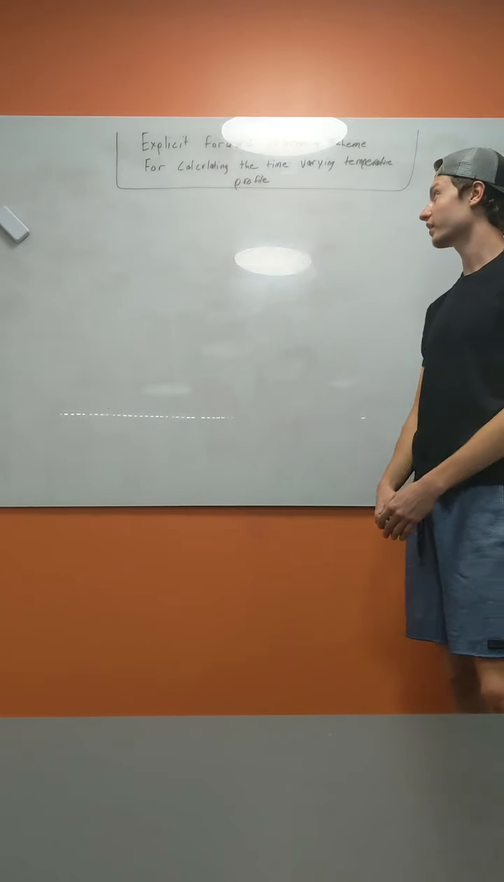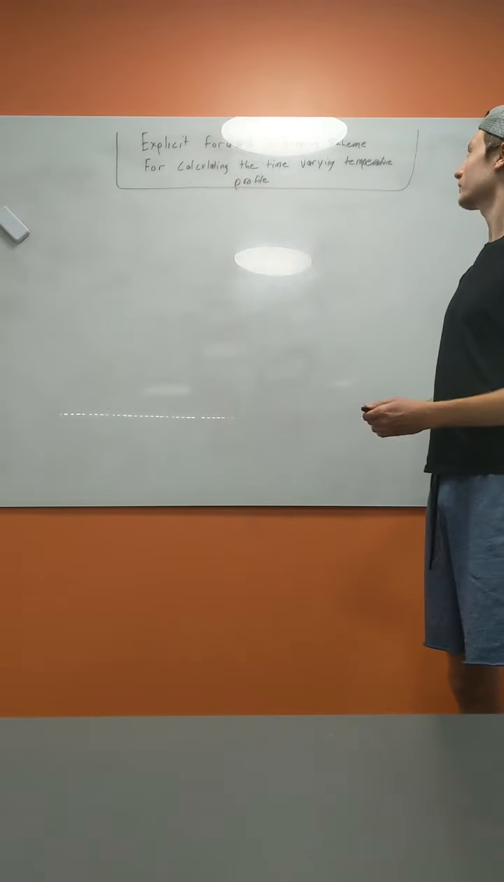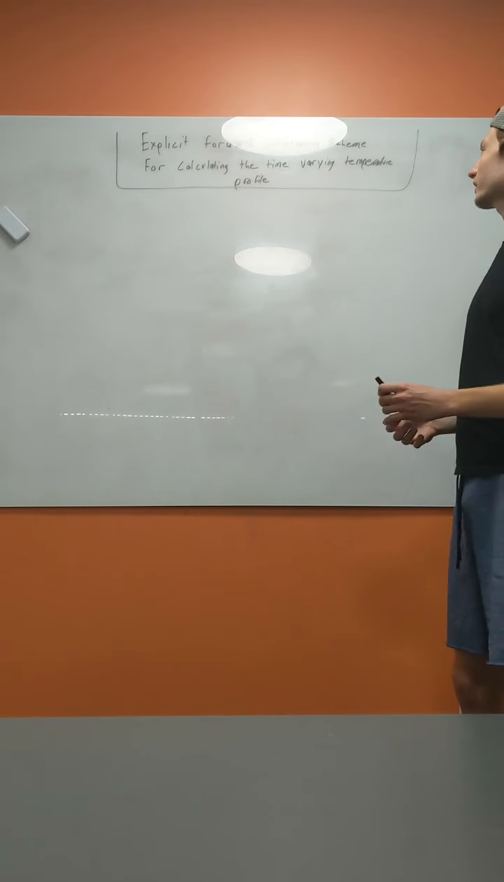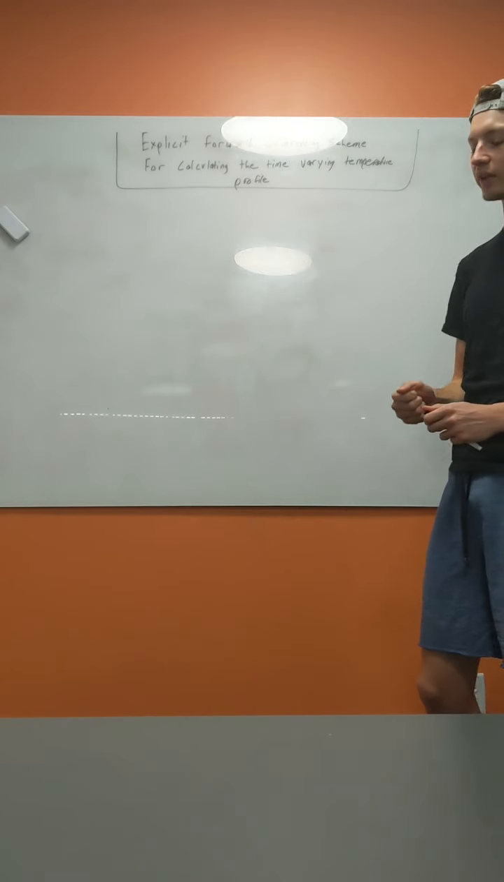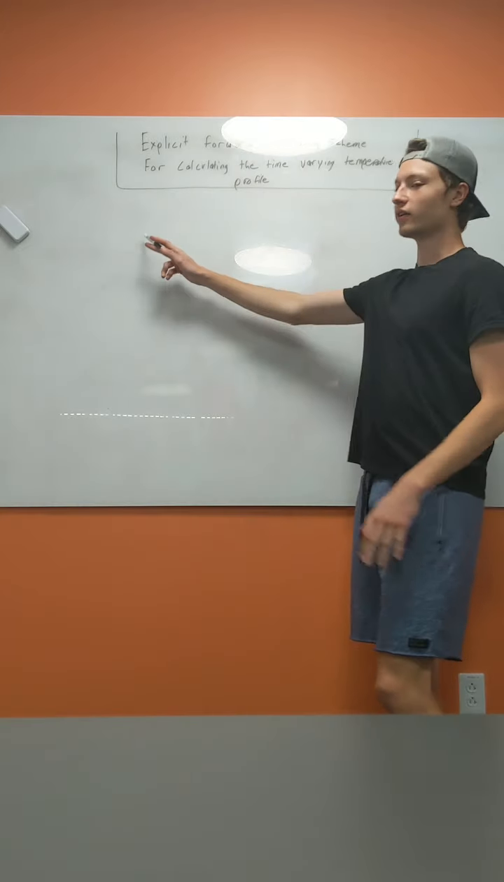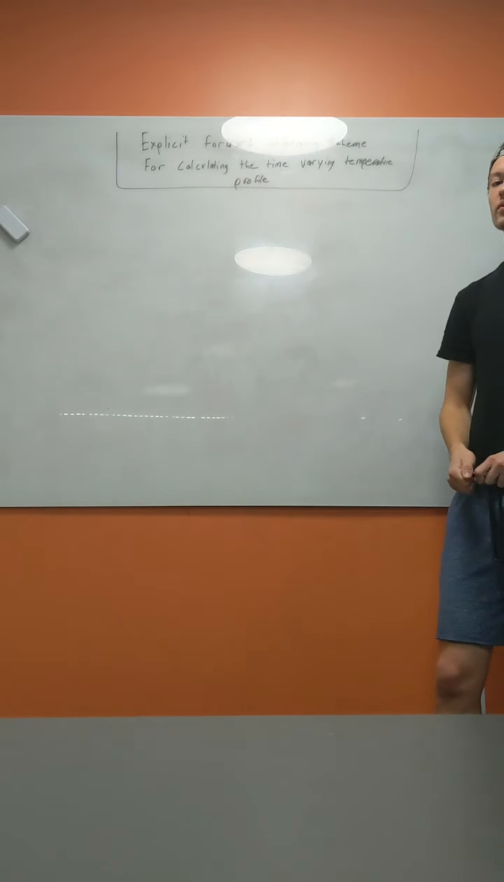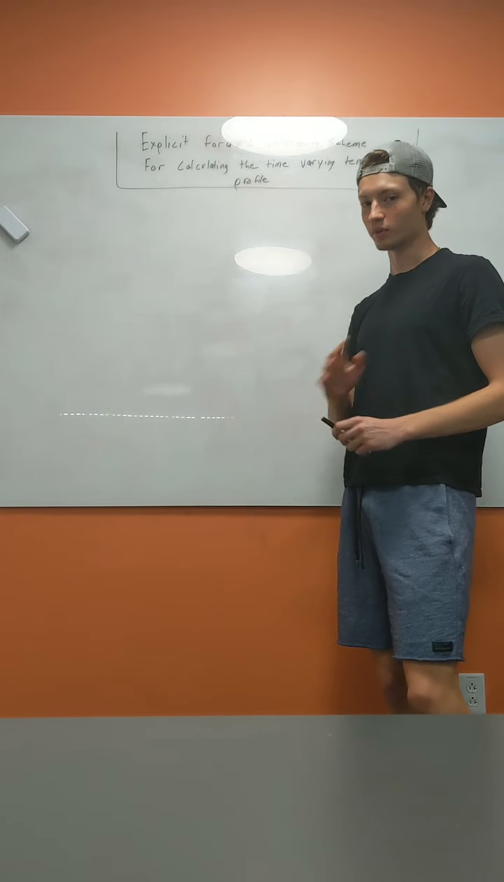Today we're going to be describing how to derive an equation for the explicit forward difference scheme for calculating the time-varying temperature profile. First off, we're going to have to take from part one and reiterate the uniaxial time-dependent heat diffusion equation with no heat generation,